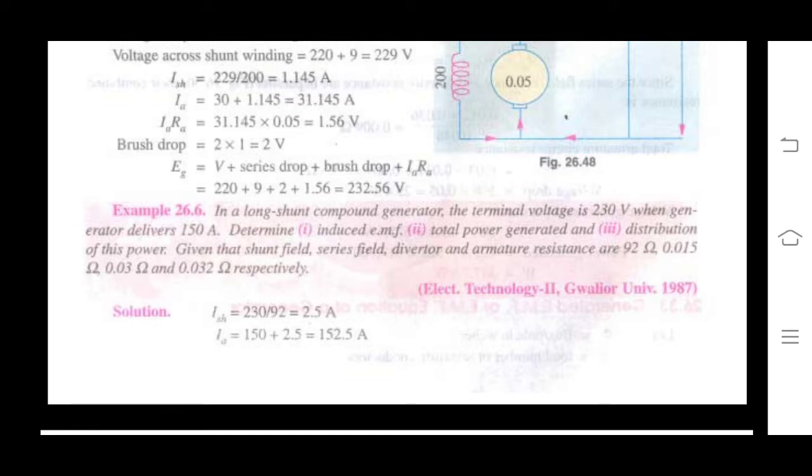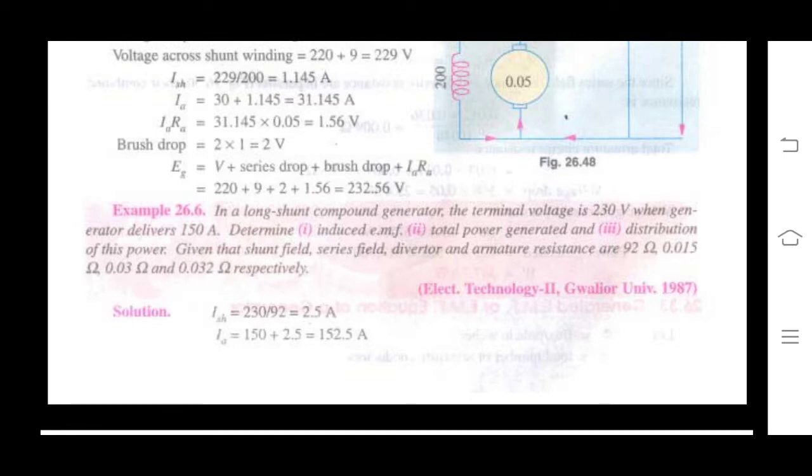Given that the shunt field, series field diverter, and armature resistances are 92 ohms, 0.015 ohms,